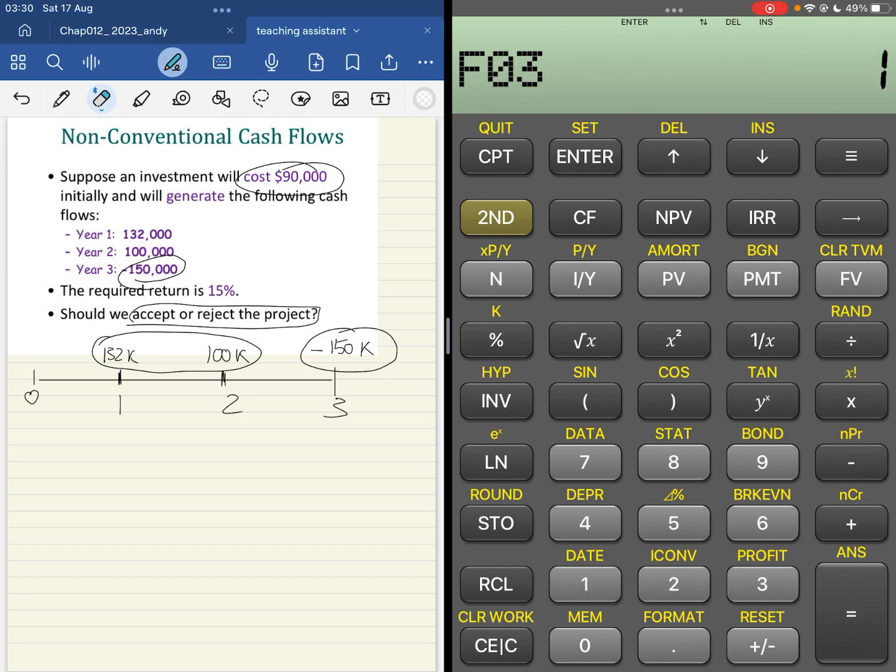So we press enter. And now we press NPV. We input the required return, which is 15%. But just a reminder, we don't use the percentage sign. We only use the number 15. So 15, enter. Now we press going down. Here we press CPT. And the answer is